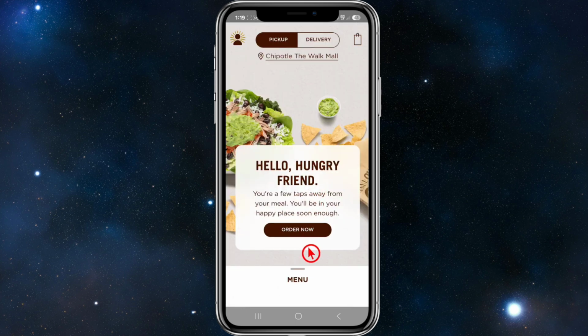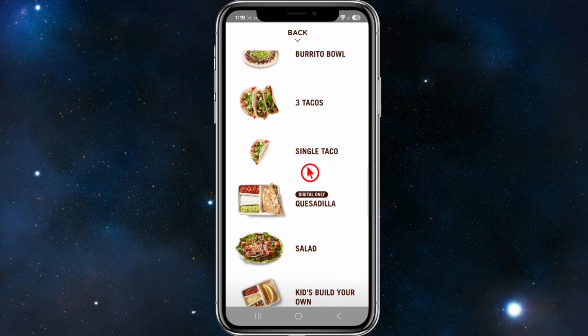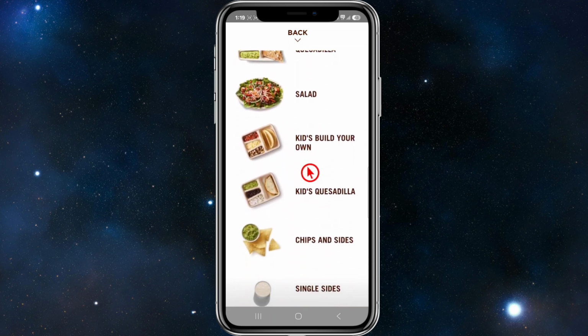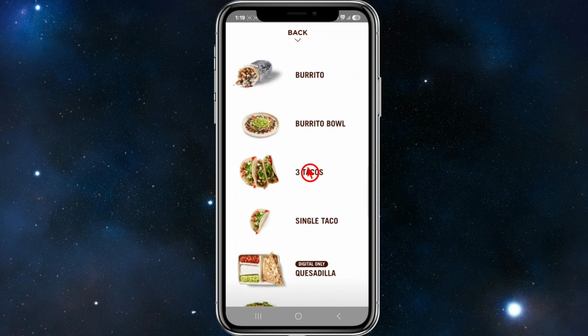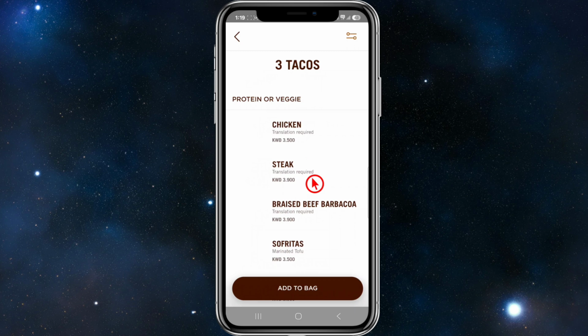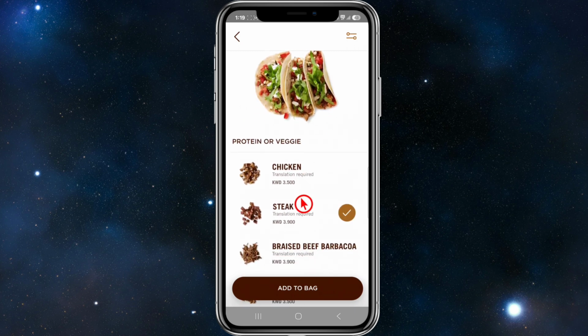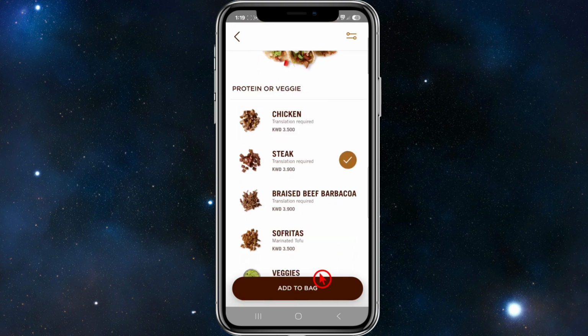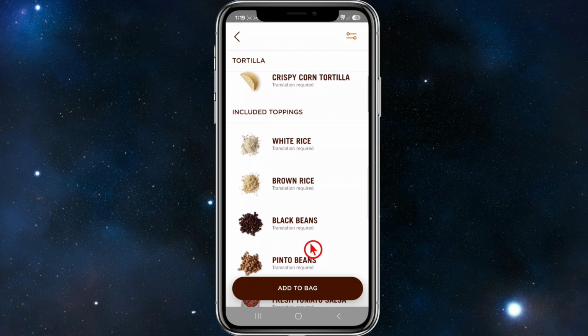And then from here, we want to go ahead and look at the menu to see what we want to order. So we can order from burritos, burrito bowls, tacos, salads. We can build your own, kids, chips and sides, drinks and all that. So for this demonstration, I want to order some tacos. So I want to order 3 tacos. I want to do chicken, steak, chicken, and also scroll down. I want it to be a soft tortilla, and then I want some black beans in there too. So I'm going to click add to bag,